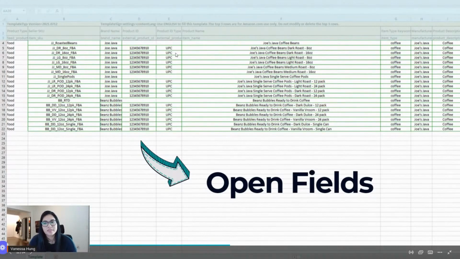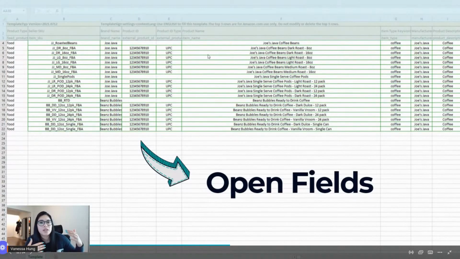That's basic. And then we have the completely open fields, for example the product name, where you can have any product name you want. The only limitation in most fields, well, probably all, is a character limitation. In some categories the title limit is 250, 150, it really depends. And that's what will cut it: the amount of characters you have. This is a very common error that I see when I talk about flat files and people start using them and input information in the backend of their file.